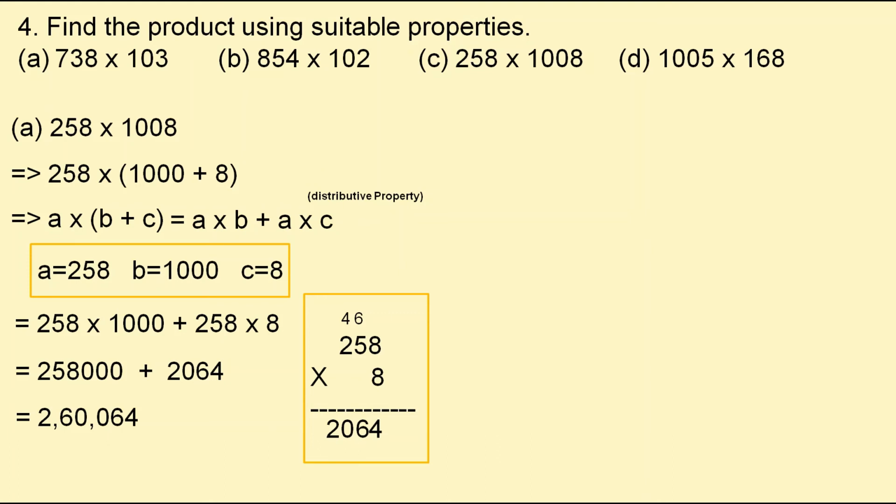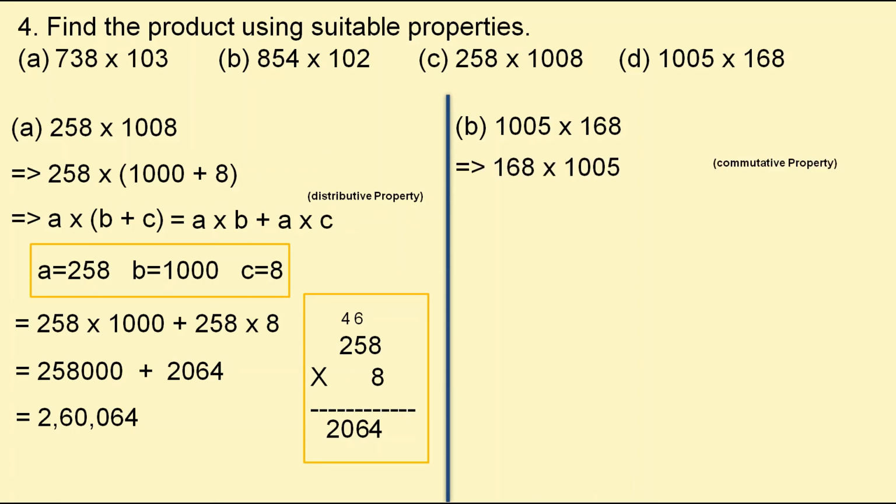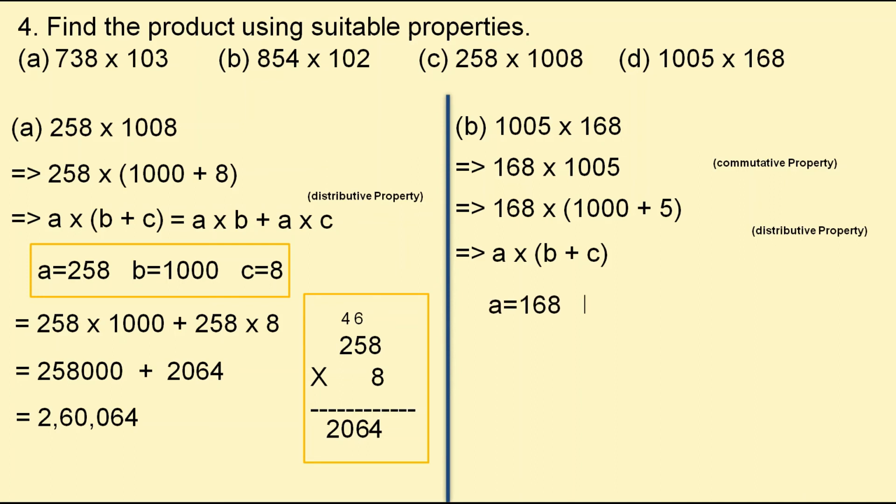Now let's move to the fourth equation, that is 1005 into 168. Now first we will change the places of the numbers with the help of commutative property. Now let's split the number 1005 into 1000 plus 5. Now it is equal to the distributive property. So when we compare this, we understand that A is equal to 168, B is equal to 1000 and C